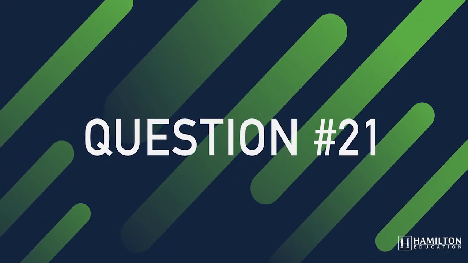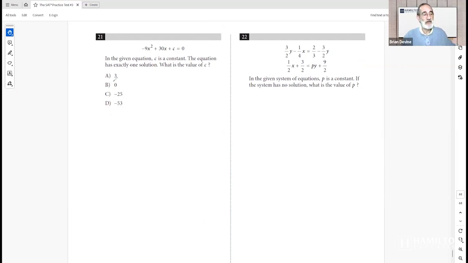Question 21. In question 21, we're given a quadratic. In the given equation, c is a constant, and the equation has exactly one solution. So we must have then that this quadratic can be rewritten as something times x minus a number squared. It would only have one solution if it was a perfect square binomial. And so if I take that idea, I can complete the square on this thing and put it into that